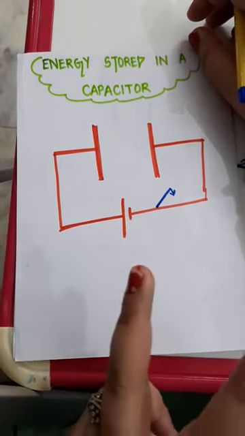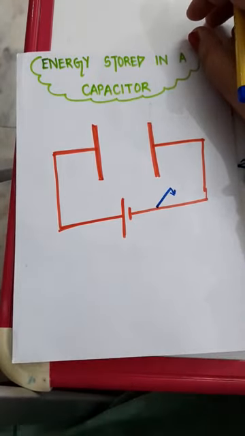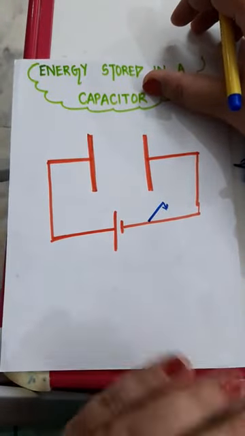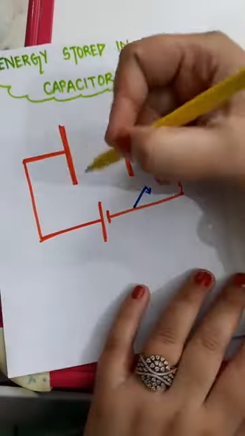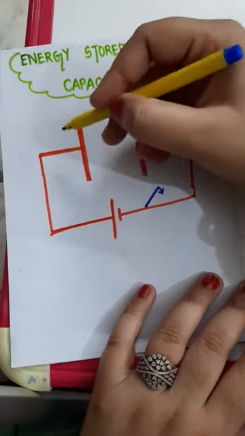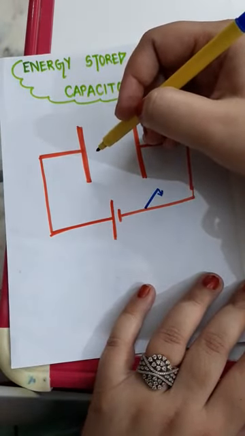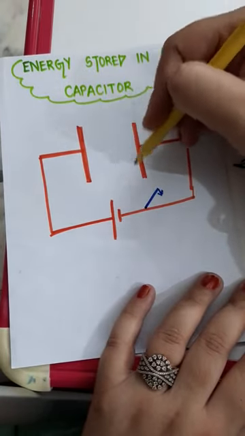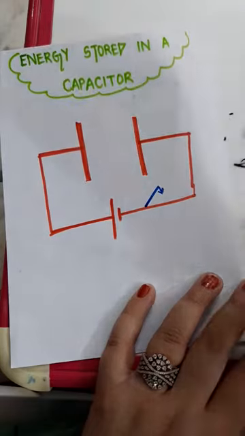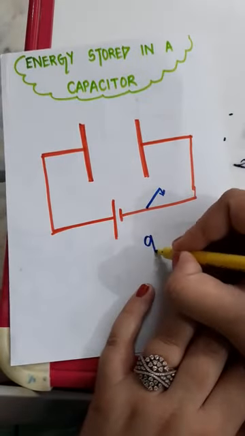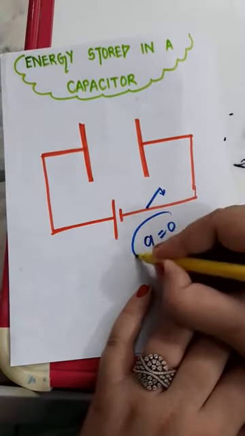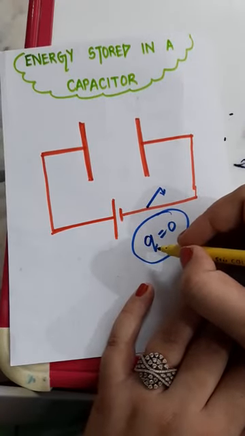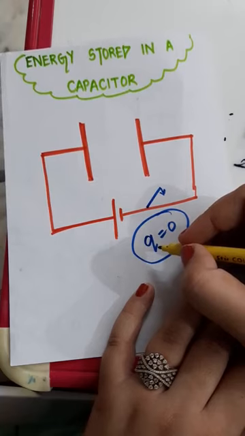As long as it is an open circuit, don't you think that no charge will flow, no current will flow from this battery? So if no charge will flow, there will be no charge on the left hand side plate and the right plate of this capacitor. So the initial situation will be Q equals 0, where Q refers to the charge which will be stored over the plate of the capacitor.